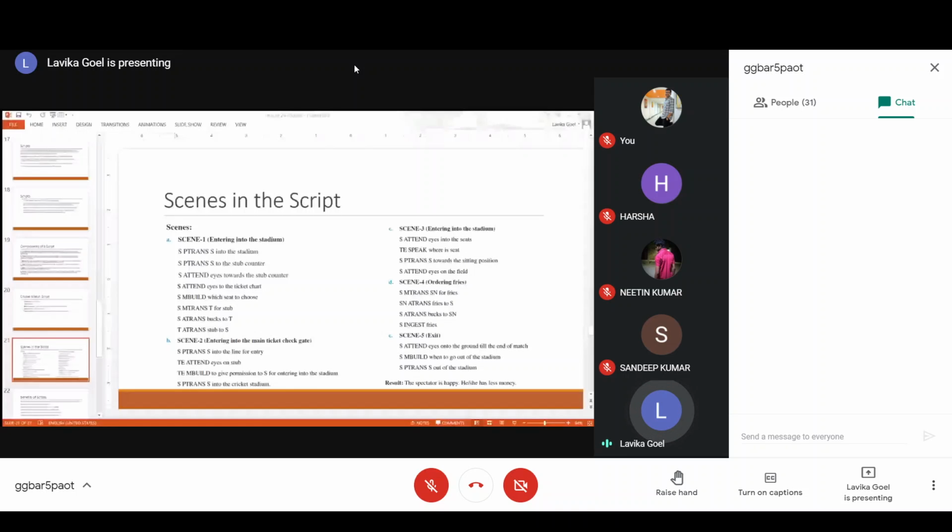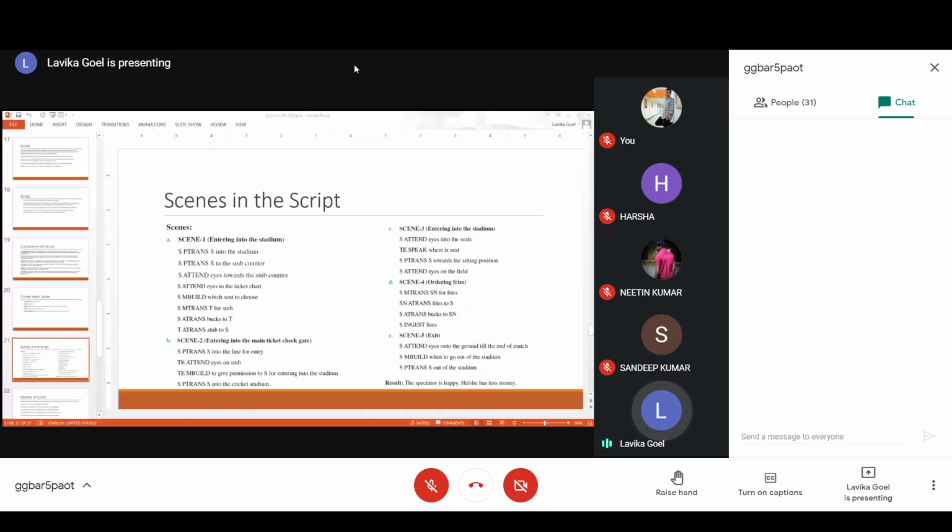Okay, so when you represent it in the CD representation where you have the source and recipient explicitly marked, at that time you will understand which is the source and which is the recipient. So at that time you will understand what the A trans meaning is in that particular sentence.